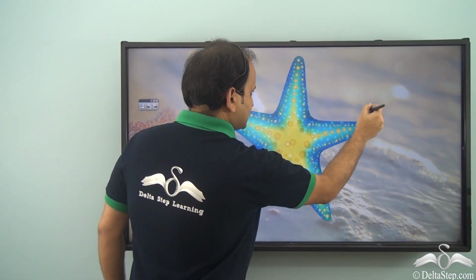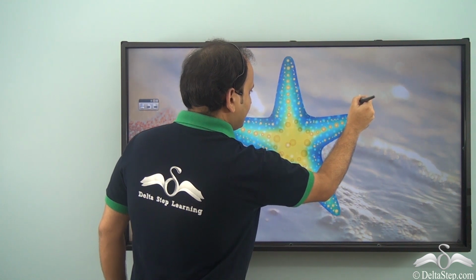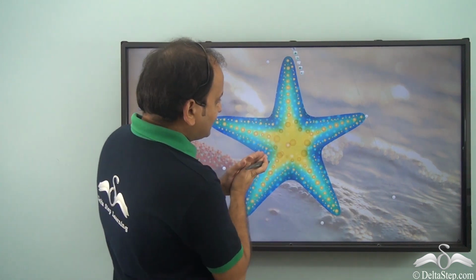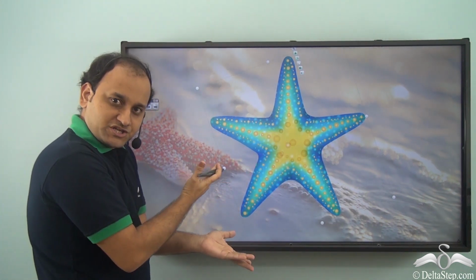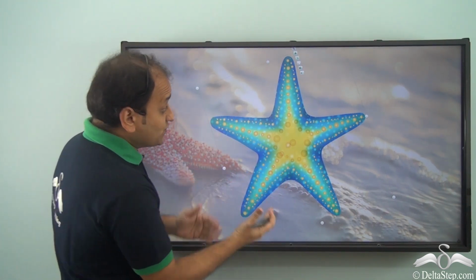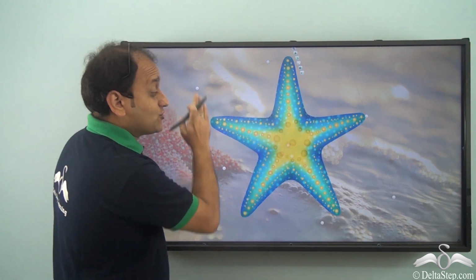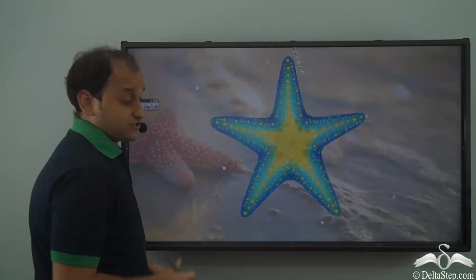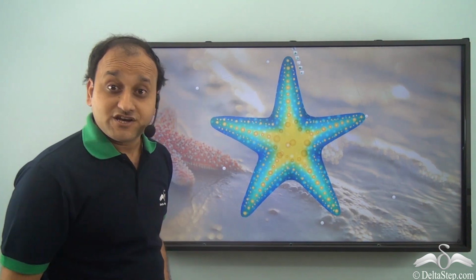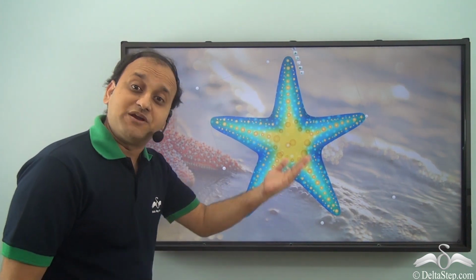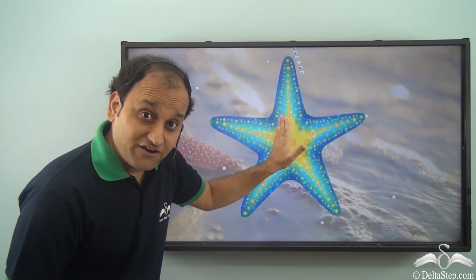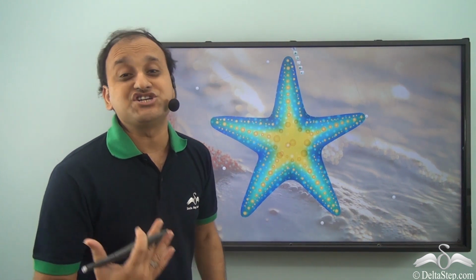So I have rotated it, and if I leave it like this, you have seen me rotating it, right? But does it look exactly like its previous position? It does. In fact, if you hadn't seen me rotating it, you wouldn't have known that I have actually rotated this particular starfish. If I rotate it further, again you will find a position where the starfish will look exactly like its previous position. And that is why we say that this starfish is showing rotational symmetry.